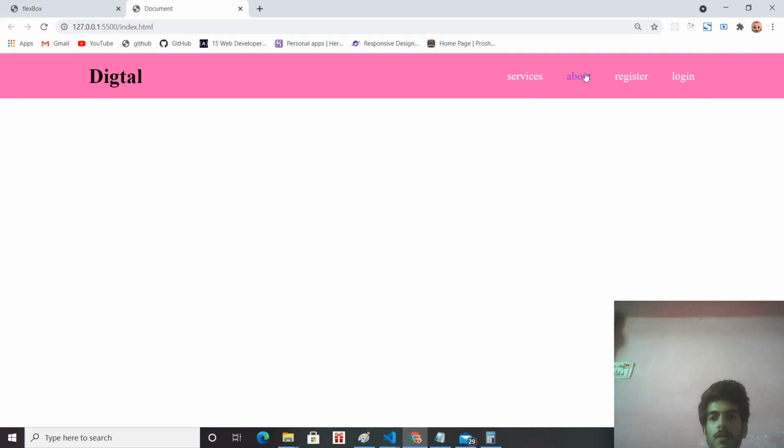When I save this, see, it looks more beautiful now. When I hover over the links, it is changing its color, and the blue color of our container is gone. So now we have a final version of our navigation, which is a finished navigation.